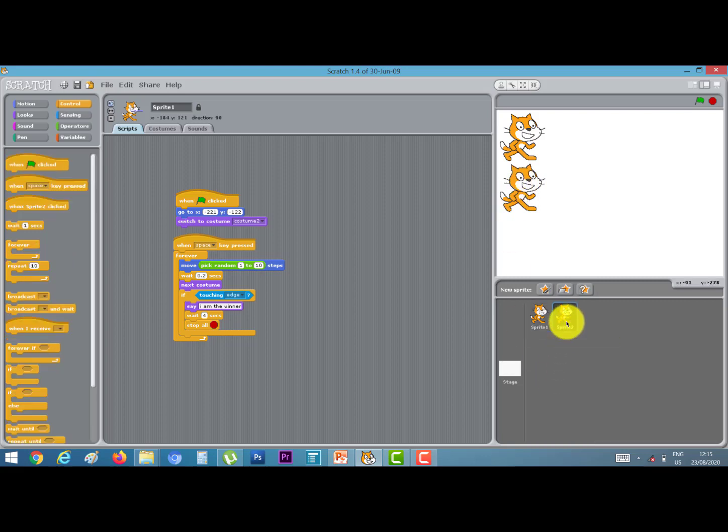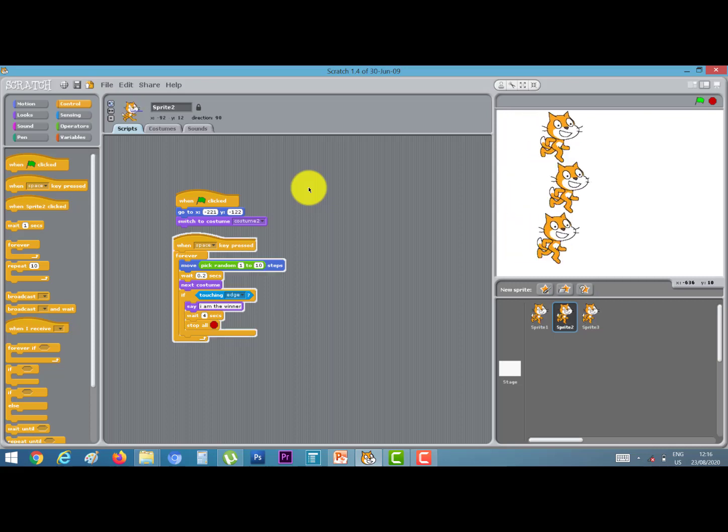Now again click on sprite 2, right click and duplicate, and again drag it down. Our script is ready. When you click on spacebar from the keyboard, the race will start.